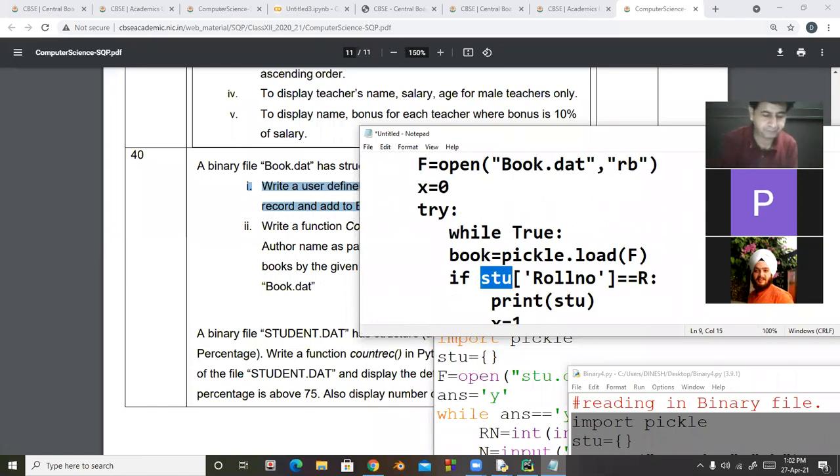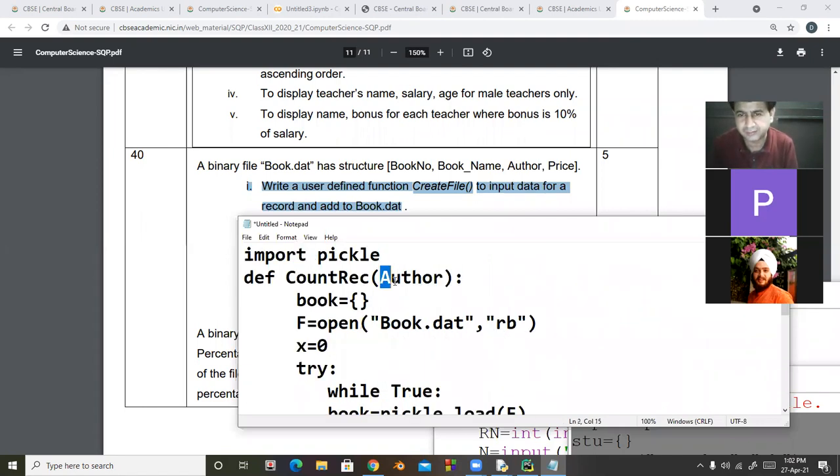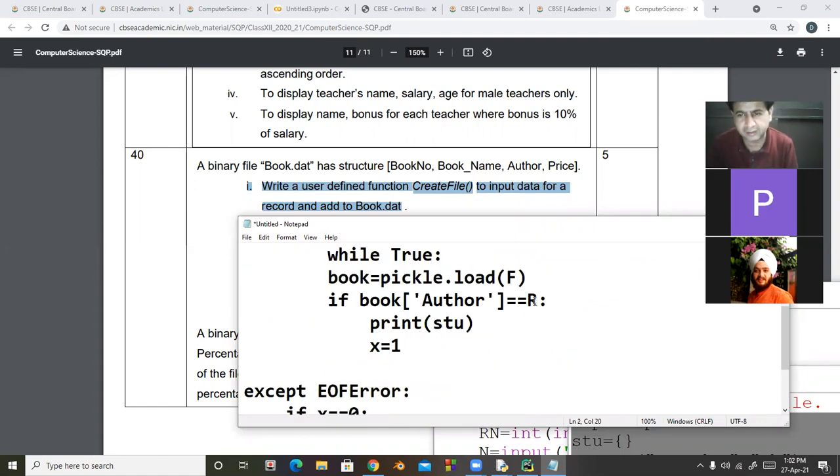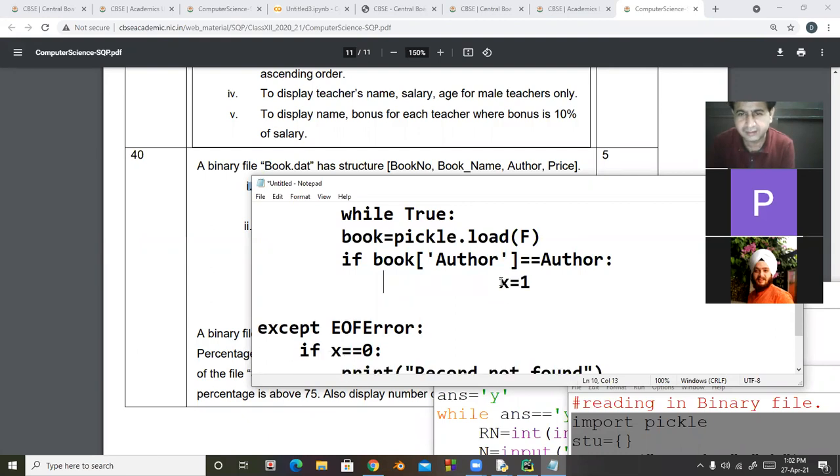Now in the structure of the table, here is author. ठीक है, यहाँ पे author एक field है, so I take here author, and we will compare this with our parameter. तो हमने यहाँ पे एक parameter receive किया author, तो अगर author के साथ record match कर गया, तो we will count and return. We don't want to display, so what we will do here is increase the value of x. x is equal to x plus 1.